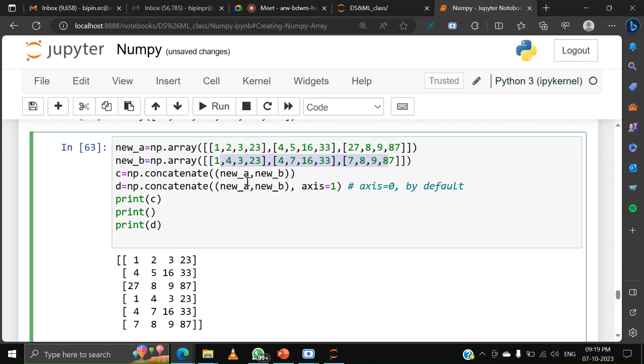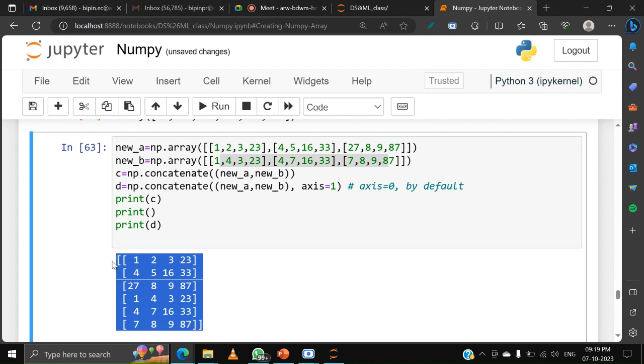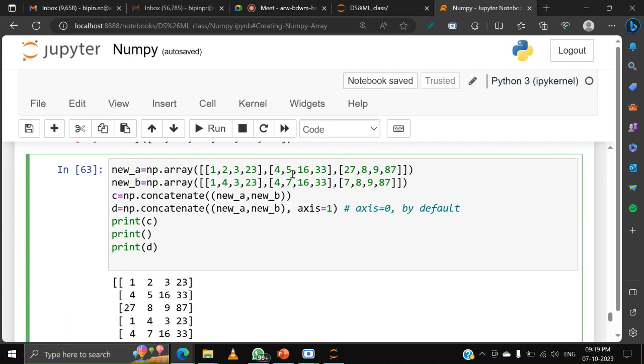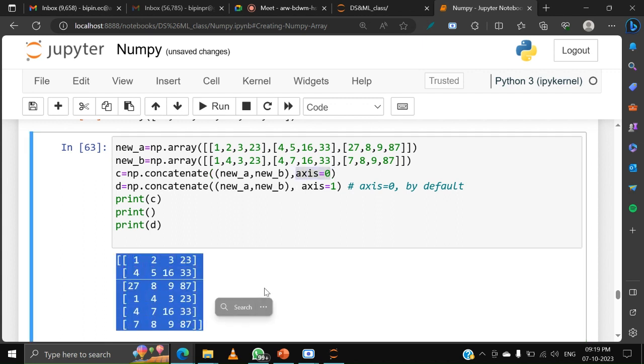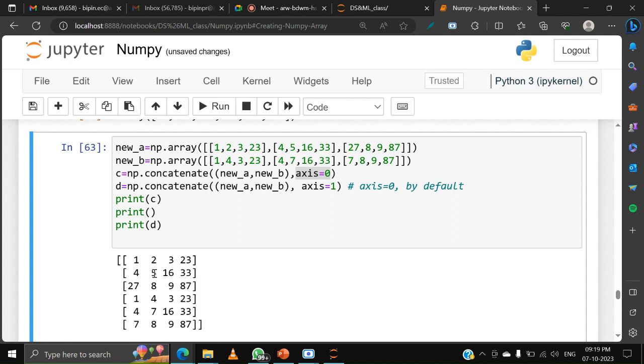Now see, concatenate A comma B means this is the output column wise, because here axis is equal to 0 by default. That means column wise operation. Now when you do that column wise operation, this is the output. So that means here is the first